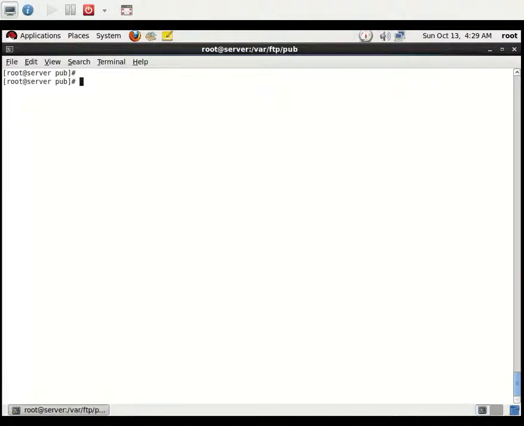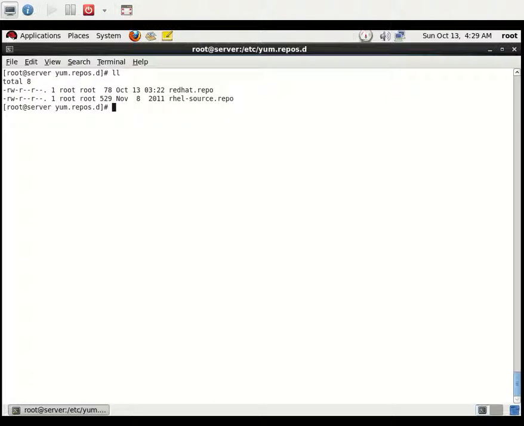So for setting up a local repository, I need to edit one of the files, and I want to create a new file. Go to cd /etc/yum.repos.d, where you see the file redhat.repo. This is the repository from Red Hat. If you subscribe to Red Hat Linux, you will get some repo files here. Here I am going to create a local repository using my DVD, so I am going to create a file called